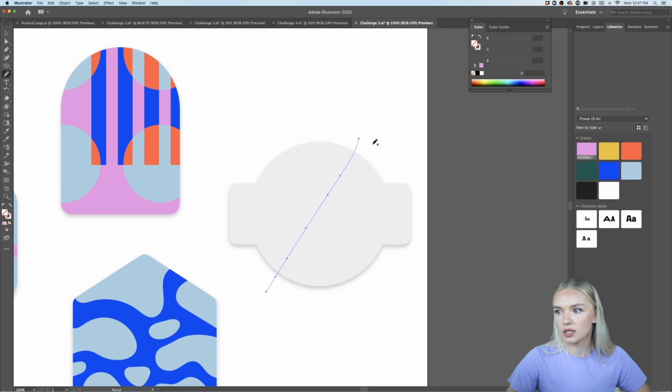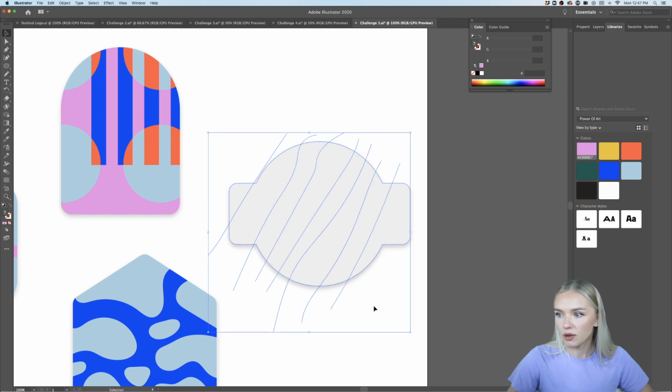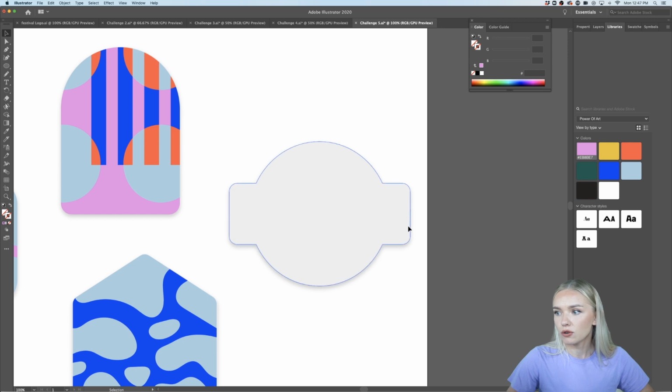Okay, this one was a little too short, like this. Okay, looks like we might have enough. Let's see. I should have made them some color, but that's okay. Let's make them a color. Actually, I'm going to make the lines pink, like that. And of course, I need to lock my object here, so Command and 2, so that my object doesn't get